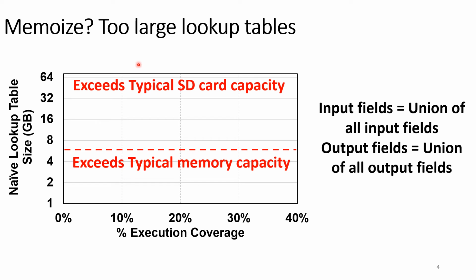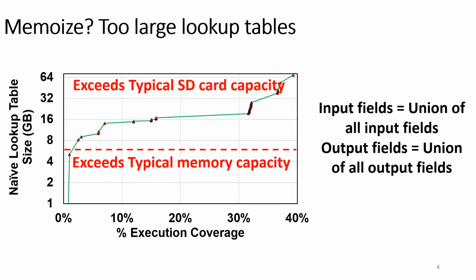And what we observe is that even for less than 5% of the execution, we exceed the total DRAM capacity, and for covering 40% of the execution, we have to have 64 GB of lookup table space. This is definitely not the right way to short circuit executions, so we need a better way to short circuit